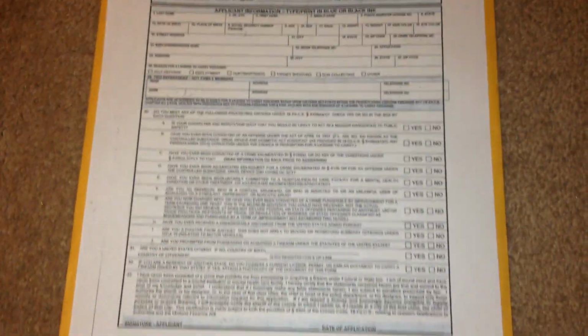So yeah, just basic information on getting your carry permit. If you're thinking about doing it, do it, and remember,